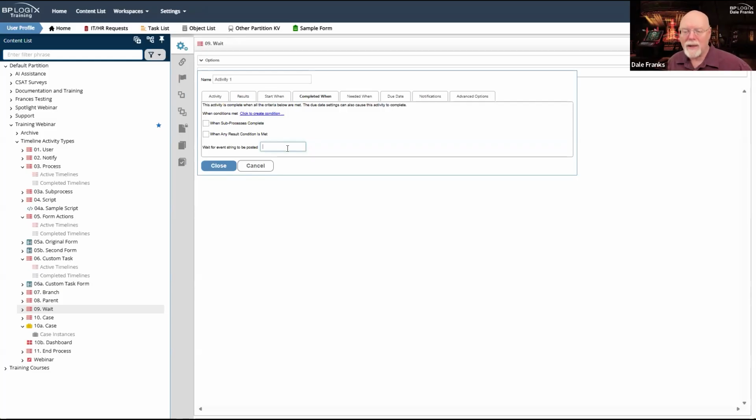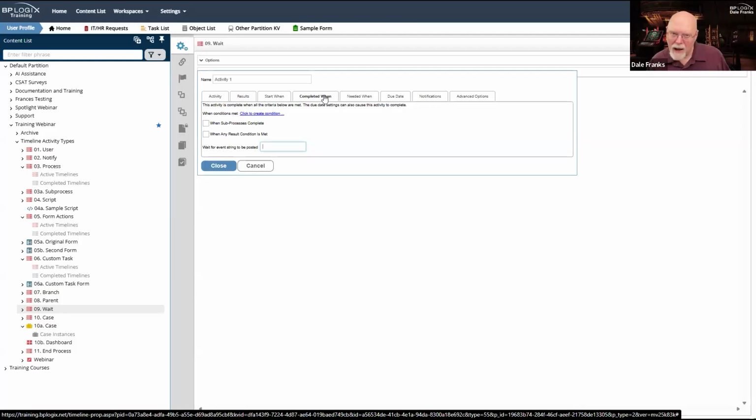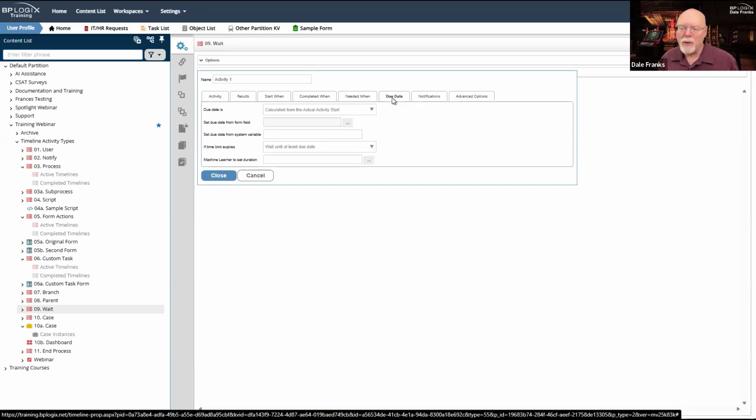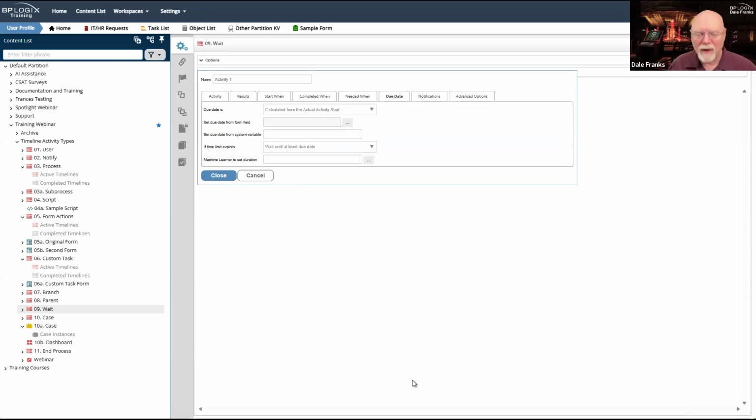When they're posted, my wait ends. So basically, anything on the completed when tab, you're looking for a conditional end to the wait. Anything on the due date tab, you are specifying a fixed amount of time before it ends.